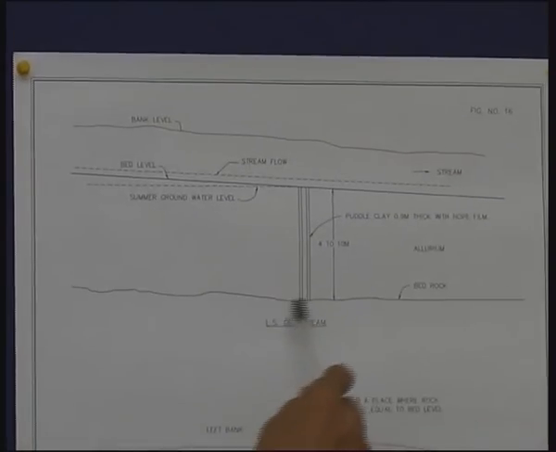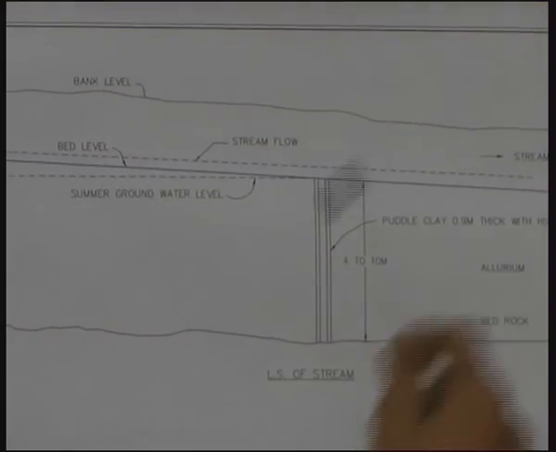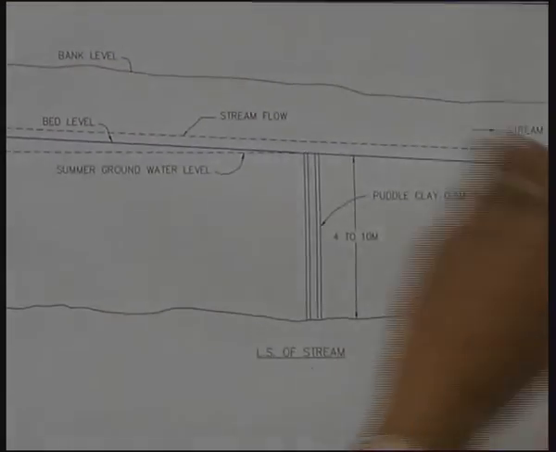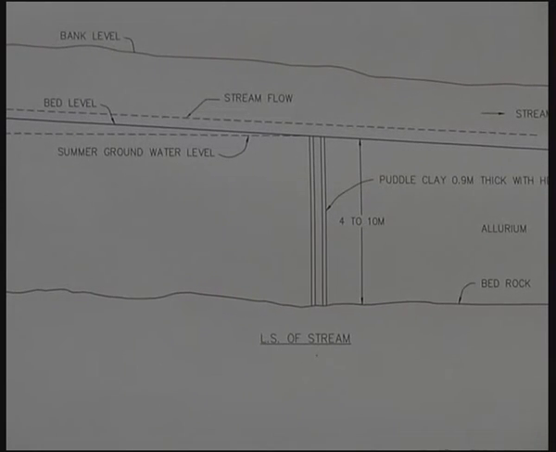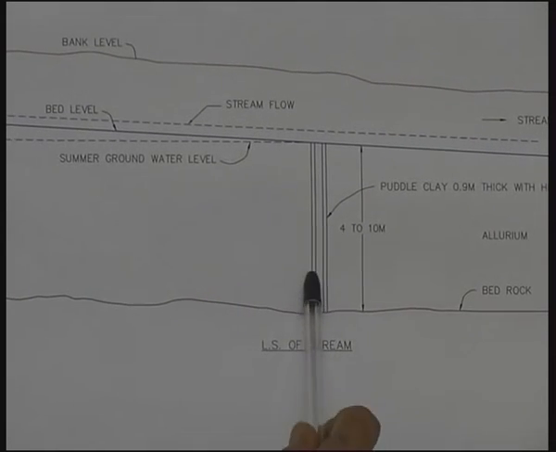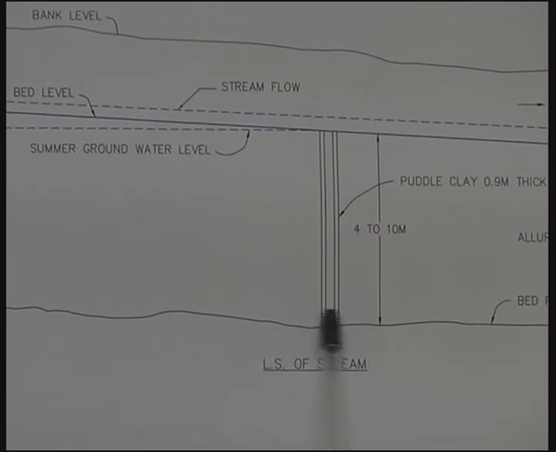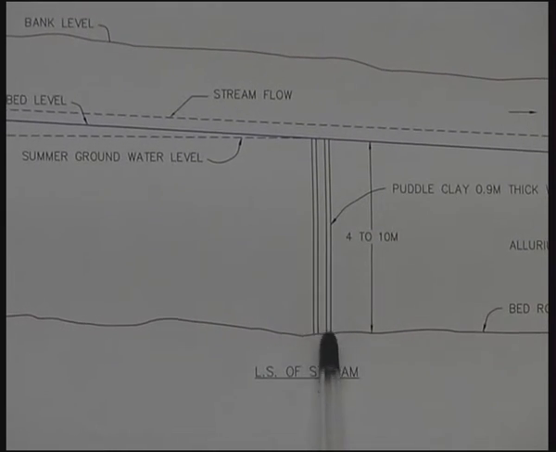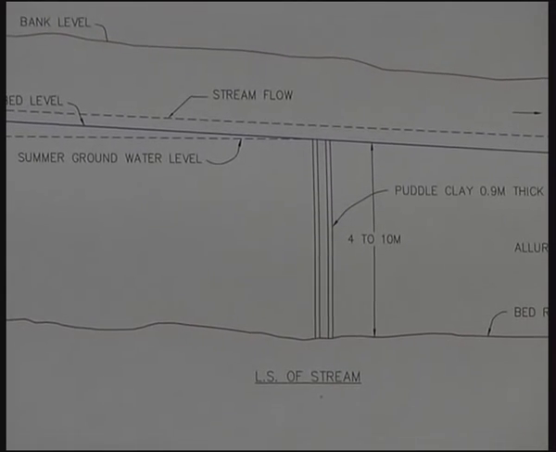After excavating this trench, the excavated soil is deposited at a safe distance away from this, and then some centering arrangement will be needed to keep this puddle clay to this section. That centering would be just ordinary wooden sheets,